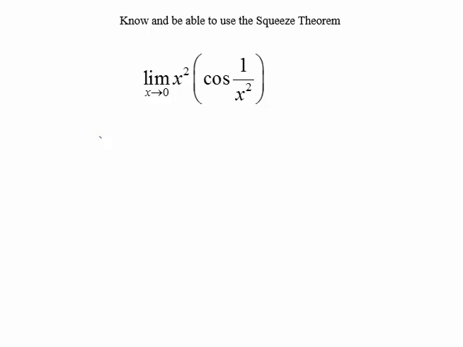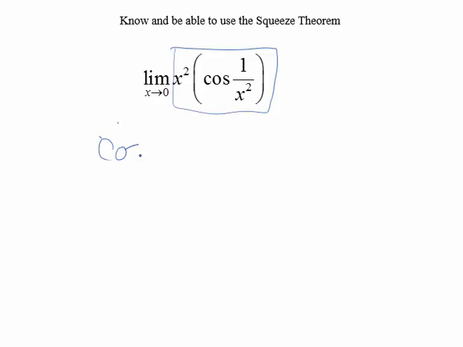Okay, we want to be able to use the squeeze theorem. So looking at this function, I can't directly evaluate it because I would be dividing by 0. So I'm going to try and take this function and squeeze it between two functions that I could find the limit of. And so what I want to do is, first of all, I'm going to look at the cosine